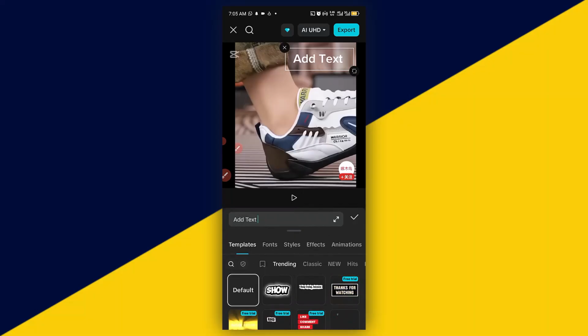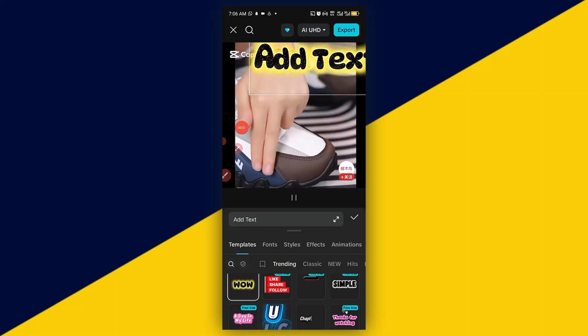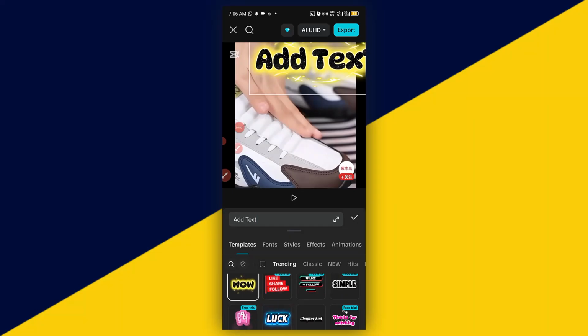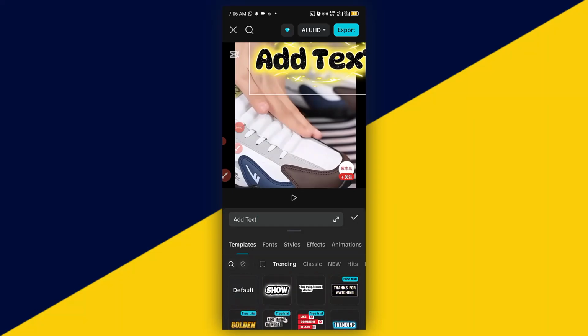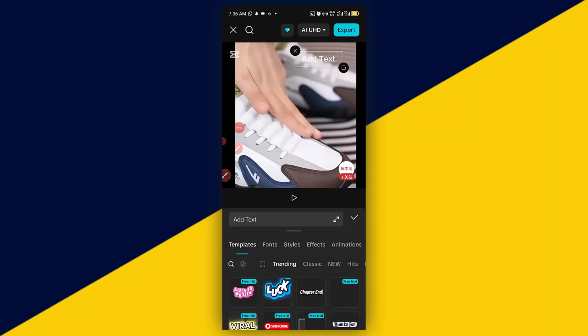Then you have different text layer and text animation right here. So you can scroll down right here and choose different options. So for instance, I want to use this template. Just select on it, allow it to download. After a successful download, it will be reflected into your text right here. It's that simple. If that is not what you want, you can go ahead and then return back to default and you back to your normal text right here. You can go on and use different templates right here to see how your text is going to look more